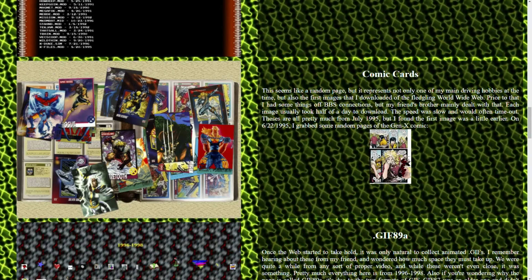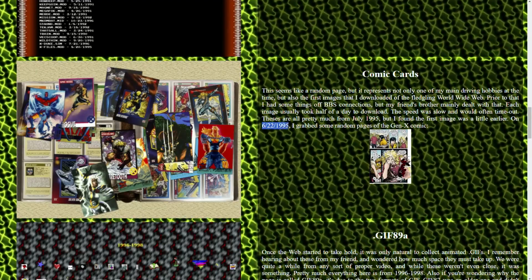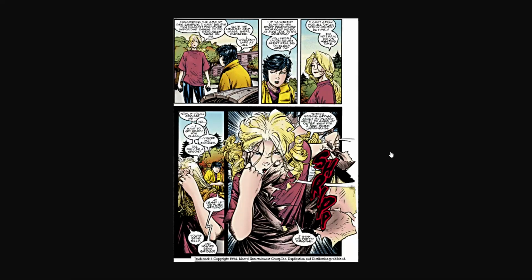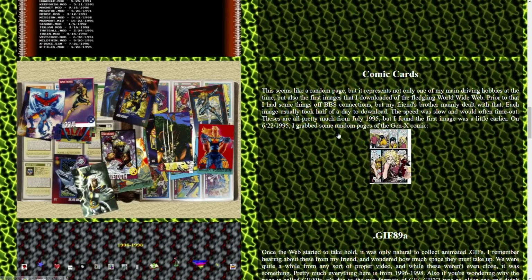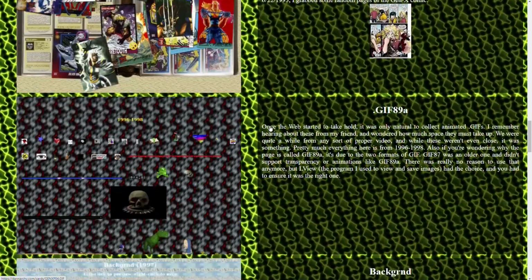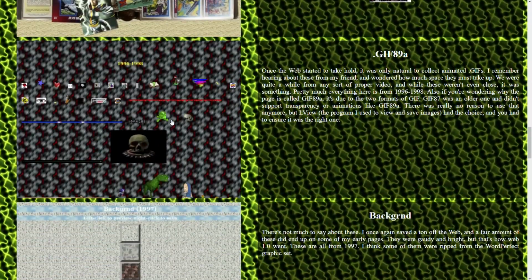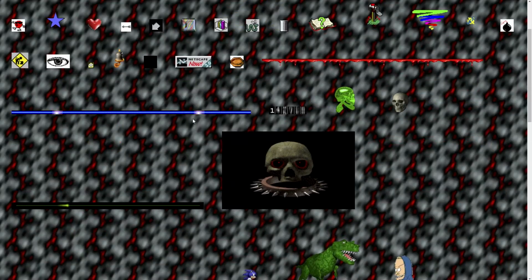So it looks like June 22nd, 95 was actually the very first file that I downloaded to my computer. It was an image of the Gen X comic. So that's kind of the oldest thing that I have on my computer that's directly from the internet in some fashion. I got some animated images that I've collected,